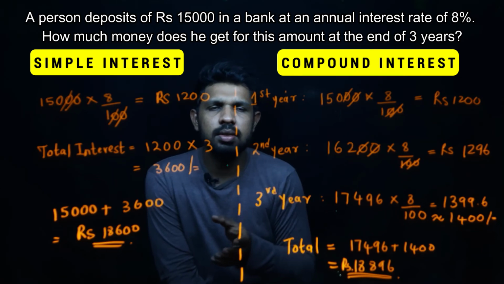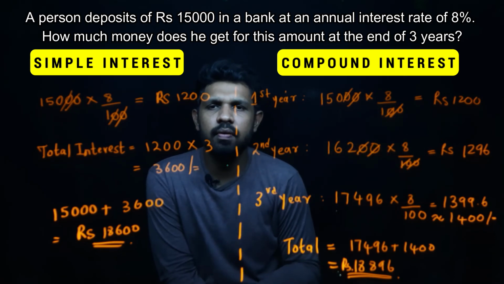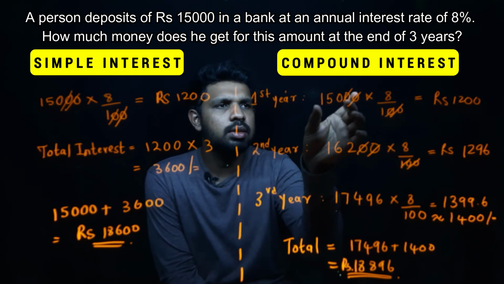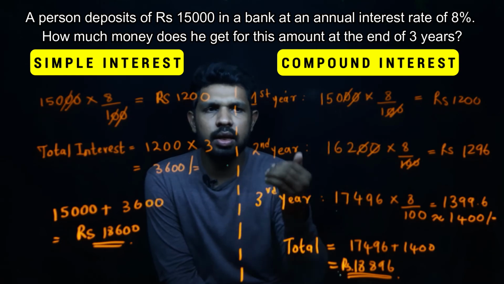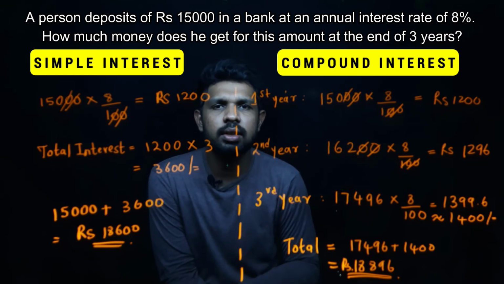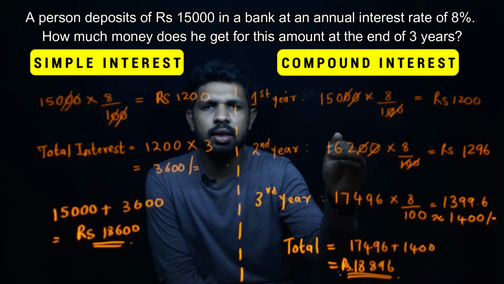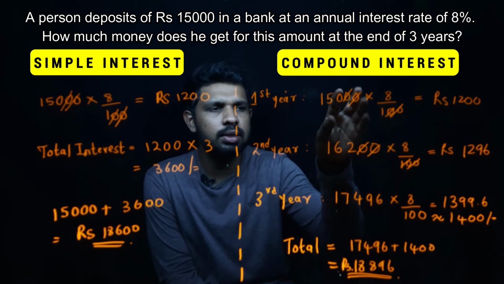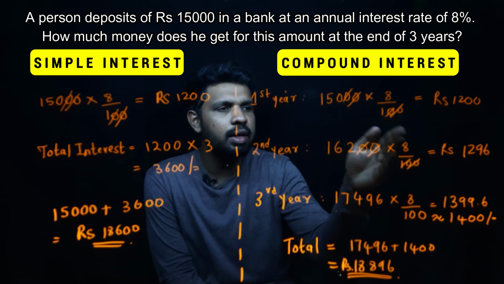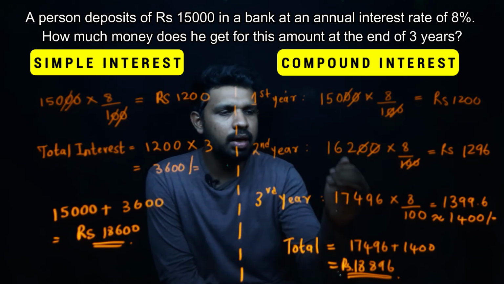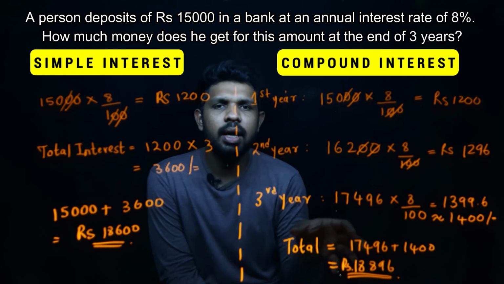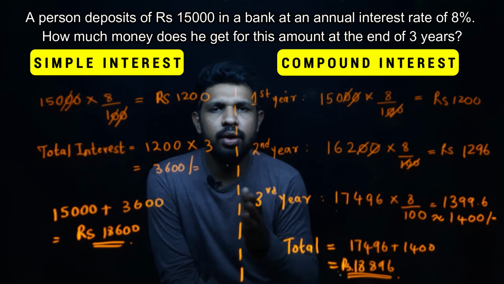But in the compound interest scheme, the interest is calculated every year. That is because the amount deposited changes year to year because of reinvesting the interest. So once you find the interest in the first year, when you come to the second year, the interest will be added to this, and only for that total we will calculate the 8%. So similarly, we have to do that for the third year. By that we can find the total at the end of 3 years.